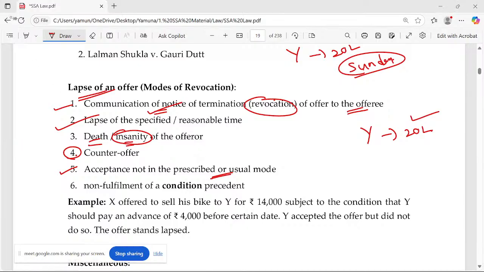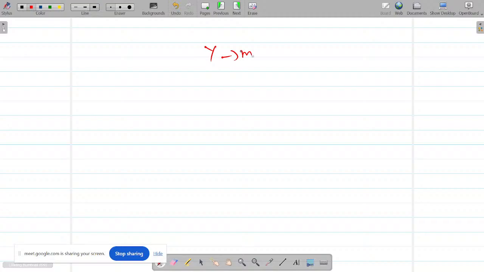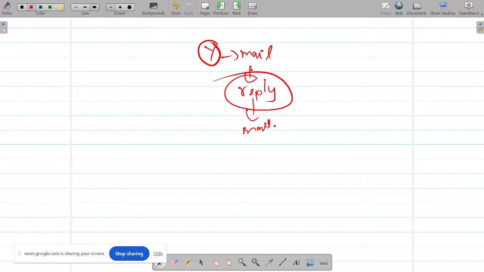This is a beautiful point. See, I sent it through a mail and asked you to reply the acceptance through a mail only. But what you did, you came directly to me and you say that, ma'am, I'm willing to buy the car, ma'am. No, it's not an acceptance. Please try to understand. Ma'am, I'm directly coming to you and telling that I'm willing to buy the car, ma'am. No, what law says is, in what mode did I ask you to accept? Sending a reply mail? You're not sending a reply mail means it cannot be taken as an acceptance. Law says it has to be accepted in the prescribed or usual mode. But obviously the other way is going to happen. I'll accept it, okay. Because I know about you, you know about me, we'll accept it.